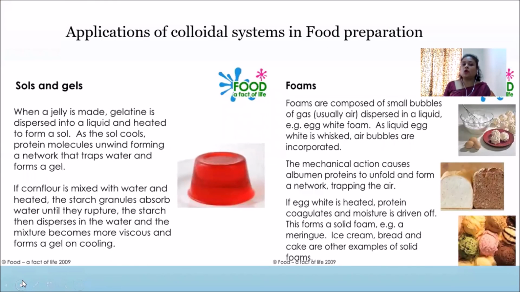Then we have been talking about sols, gels and foam. So solid in liquid, which forms sols, where you have gel, where you have a solid in liquid, but it is not free flowing because it is cross-linked and forms like a gelatin gel. Then foam, where you have small bubbles of gas dispersed in liquid. An example, you are beating the egg. So it all depends on how much pressure and time you are beating the egg. Based on that, you get the products.